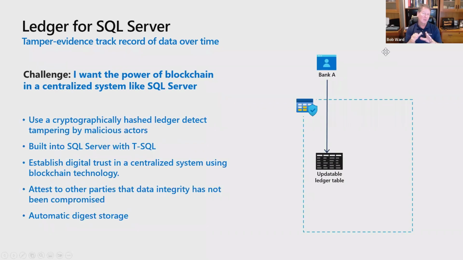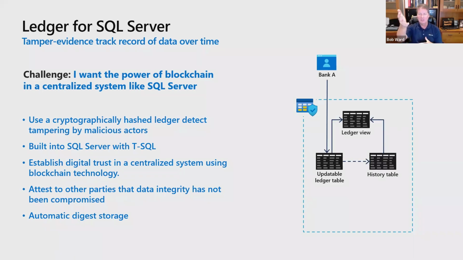So you will go into SQL Server, let's say you're a bank. You will create a table and declare it as a ledger table. It's a very simple syntax addition to the create table statement, a little bit like doing a temporal table. We say, I want a ledger table. And you can say, I'd like an updatable ledger table by saying system versioning with that. When you say your table is an updatable ledger table, we will build behind the scenes a history table and a view on top of it. Now, this is going to look a lot like temporal to you if you just see this in its own form right now. But there's a lot more to this.